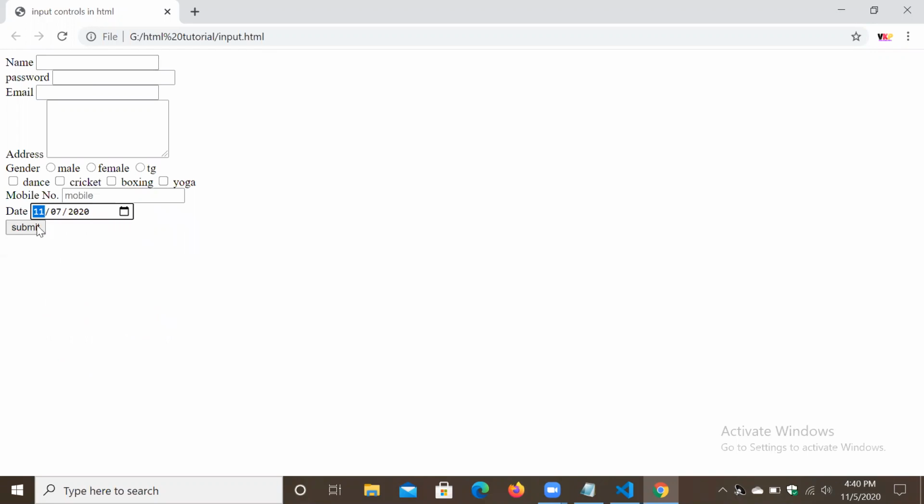Yeah, we can select. So these are the input controls in HTML. By using all these input controls we can create any type of form. It is very useful. Okay, so hope you understand the concept of input controls.